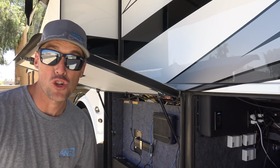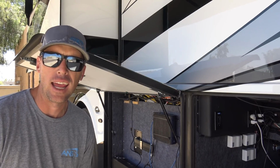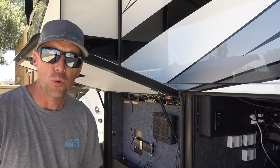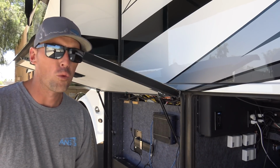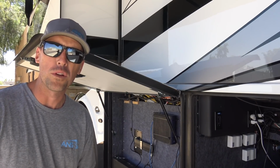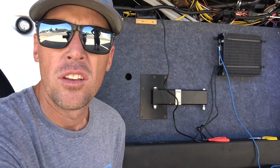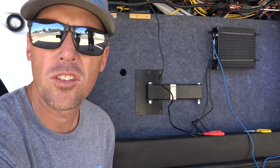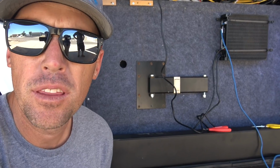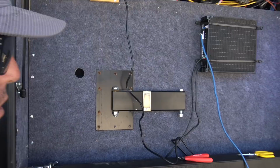So last night I was showing you the guys were out here working on this coach. They're still out here again today. This has been several days of these guys working on this coach, and we're detailing some other coaches here, so we're working alongside these guys. So I'm able to just kind of hear a little bit about what's going on here and what the problem is with this coach. So there was some water leaking in this bay, and they are putting everything back together right now. This is a 2019 Newmar Essex, so obviously it's a new coach, and as you can see,